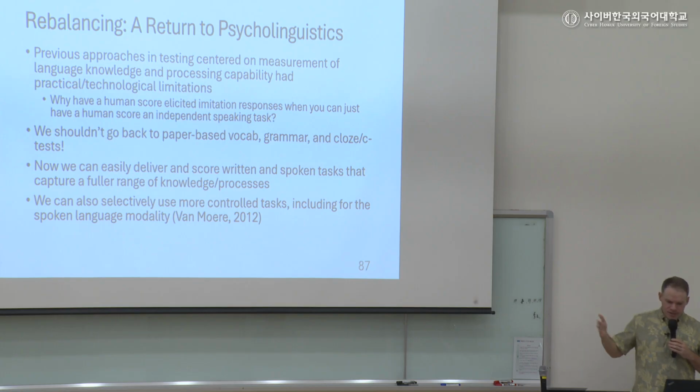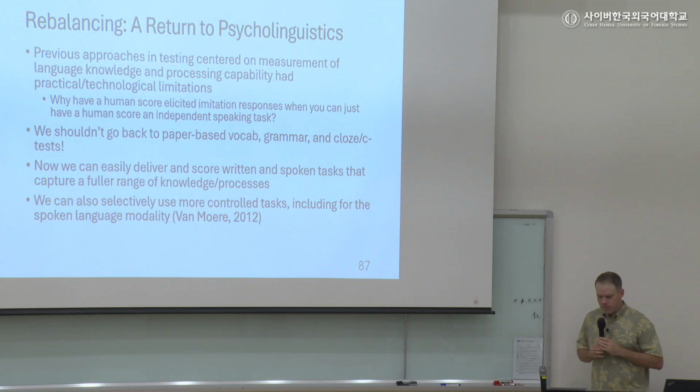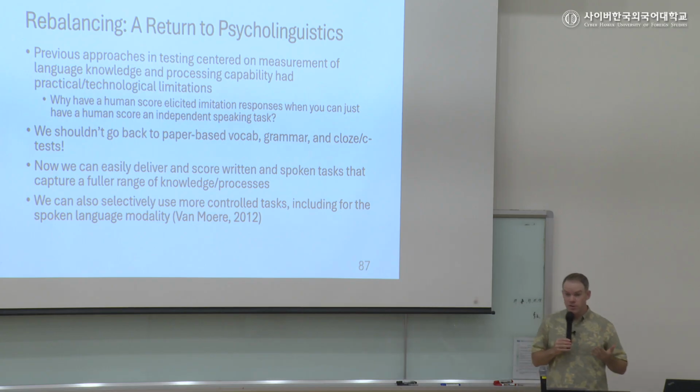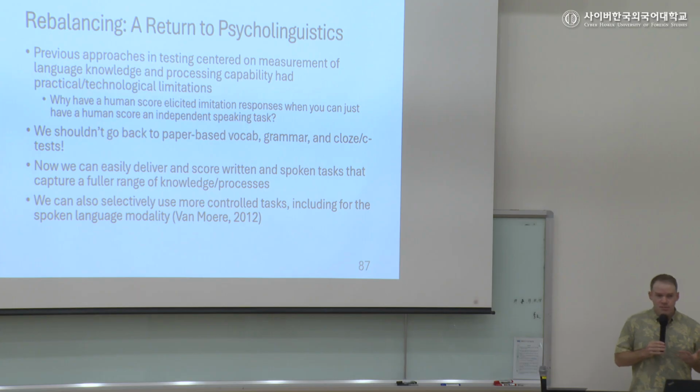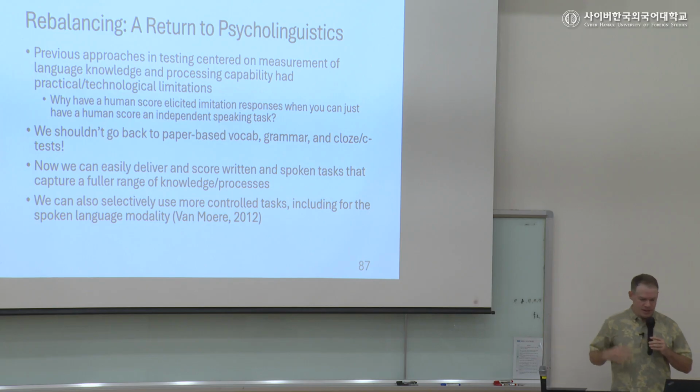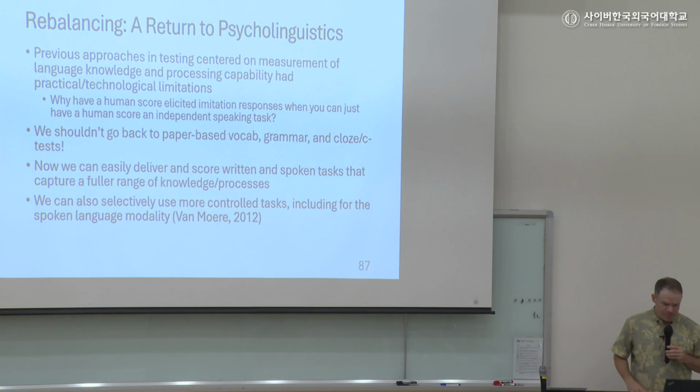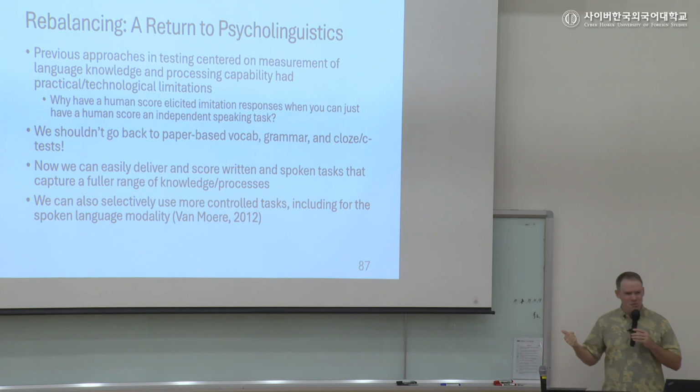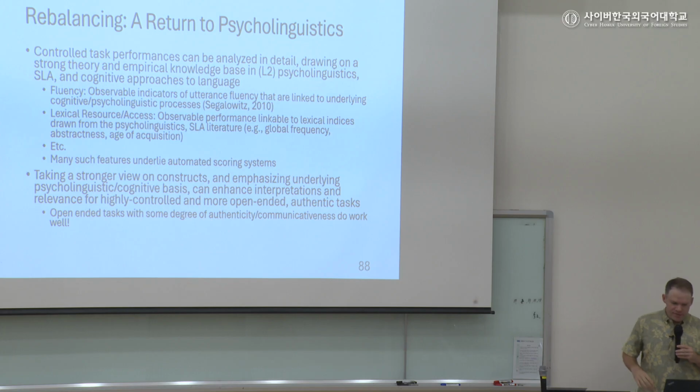basically we can selectively use more controlled tasks. If you orient your construct a little bit more psycholinguistically, you can make a defensible language test. Back then, their innovation was automated scoring of speech. But also it relied on more controlled tasks because the technology at the time wasn't so good that we could evaluate spontaneous, more communicative speech. Okay, so we shouldn't go back to the old psycholinguistic approach, closed tests only and things like that. But we might be able to take advantage now of better technology,